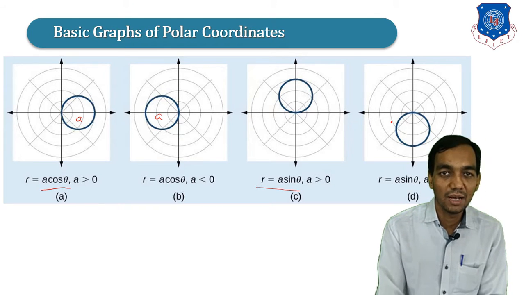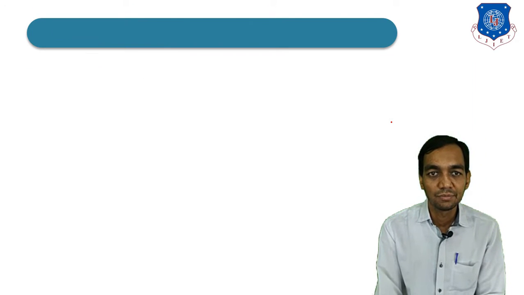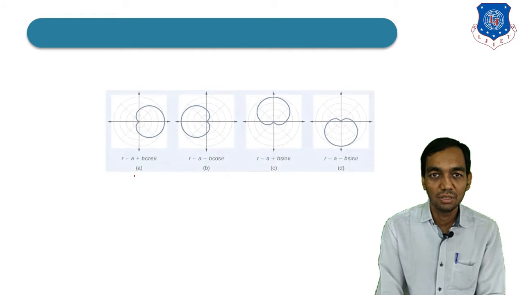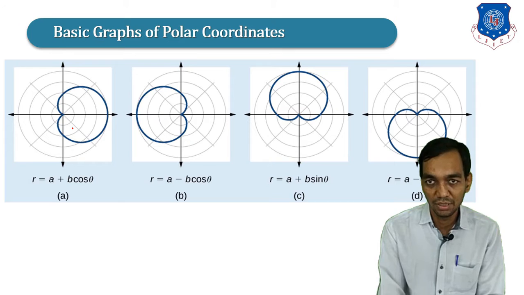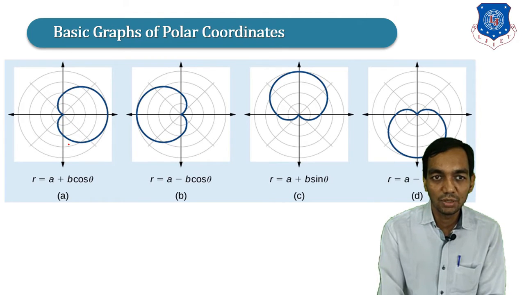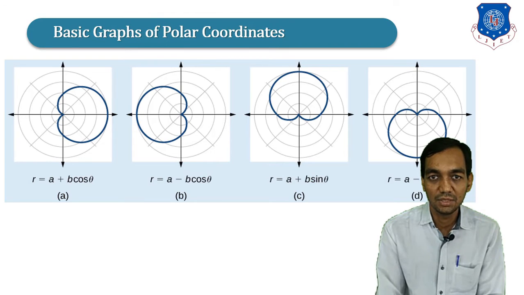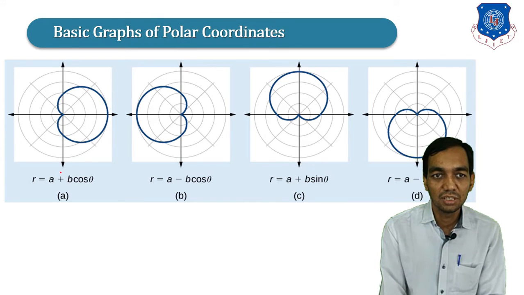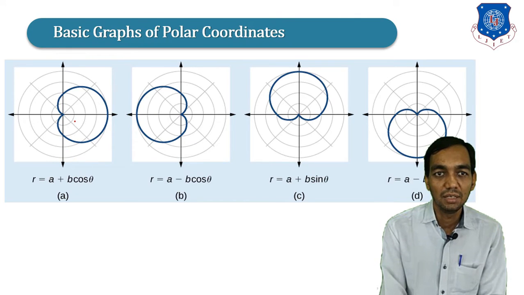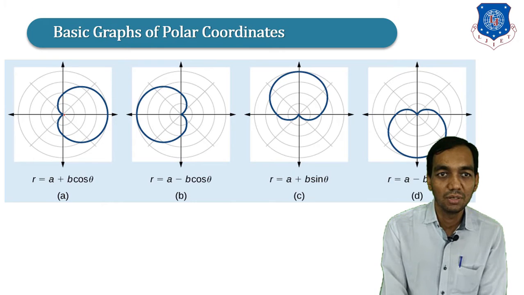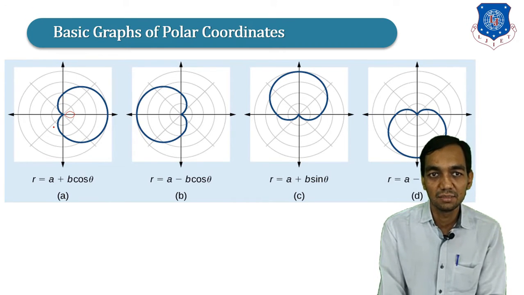Okay, negative y-axis. Now, in the same manner, we are going on to the curves, cardioid. This is the equation of a cardioid. And if you put A equal to B, then these are the curves for A equal to B. This is the general equation, r = a + b cos theta. If a is greater than b, then you have this type of curve, with a small leaf inside.